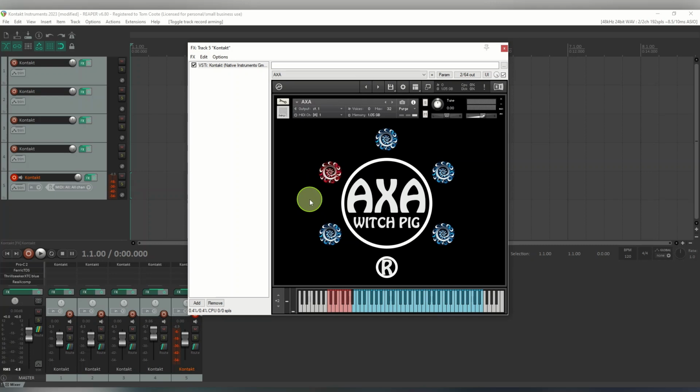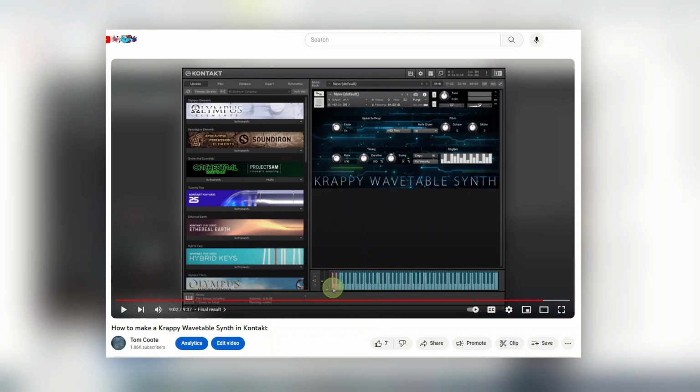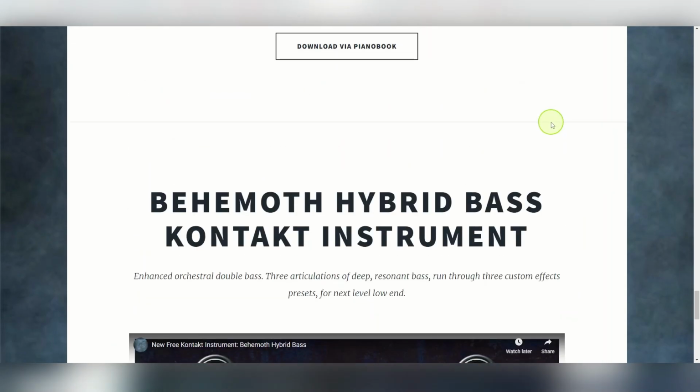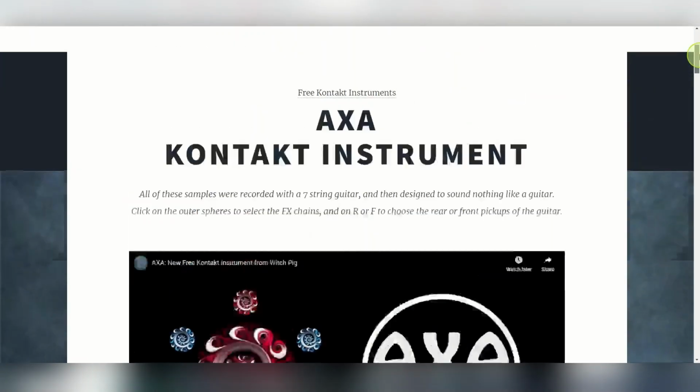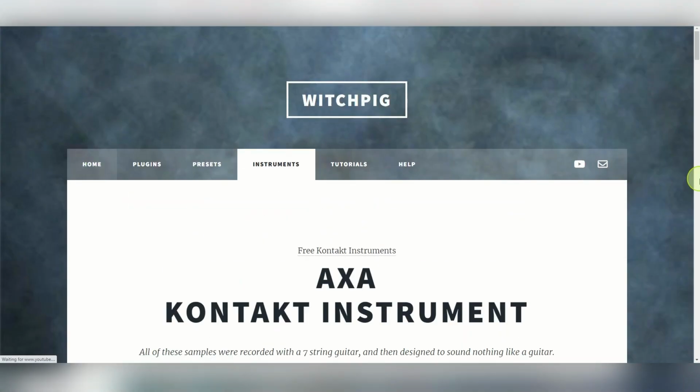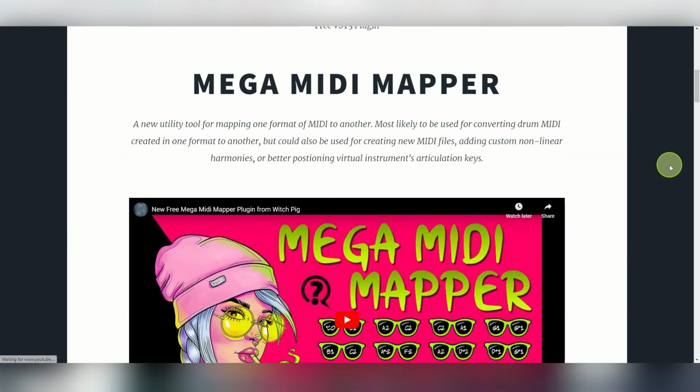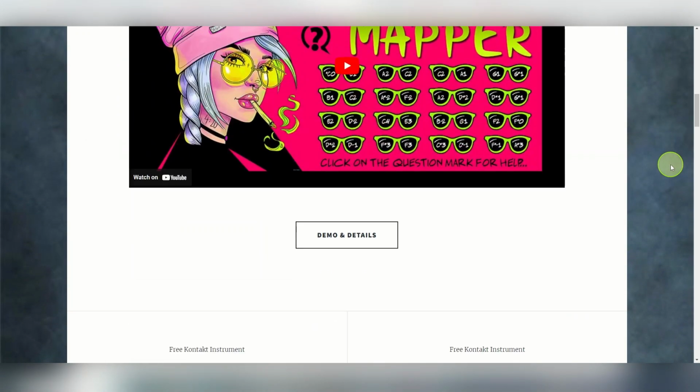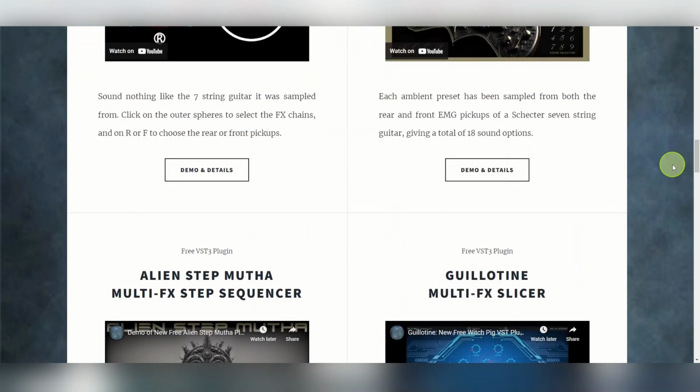I've got some other ideas of new Kontakt instruments you want. Yeah, if you're interested in trying these, go to the website, witchpig.co.uk. You can see all the different demos on there. So there's demo ones for I think all the ones here. I have also got a load of different Kontakt instruments and some other utilities as well. I've got plugins,